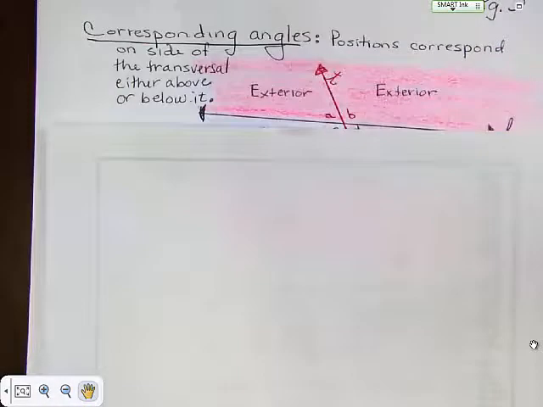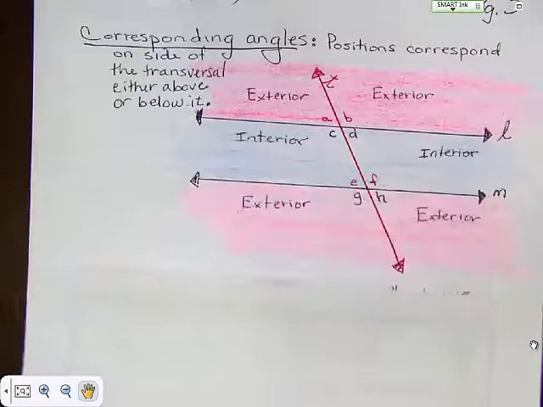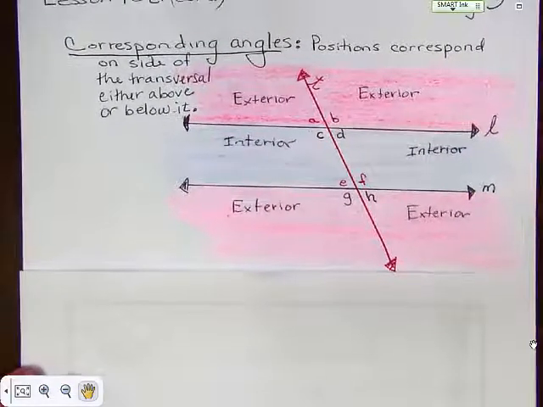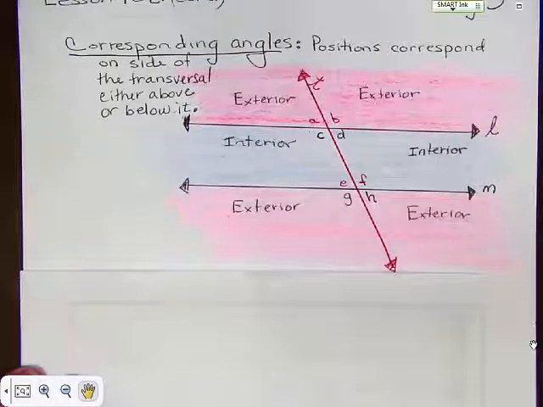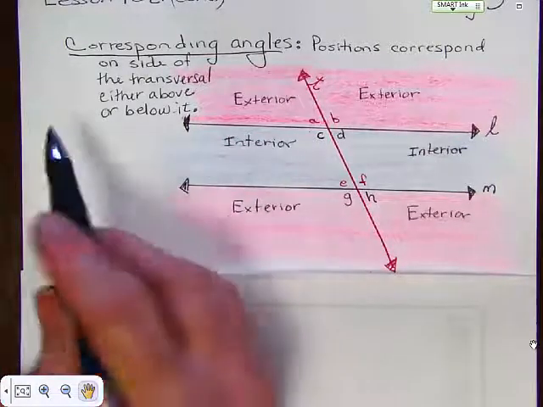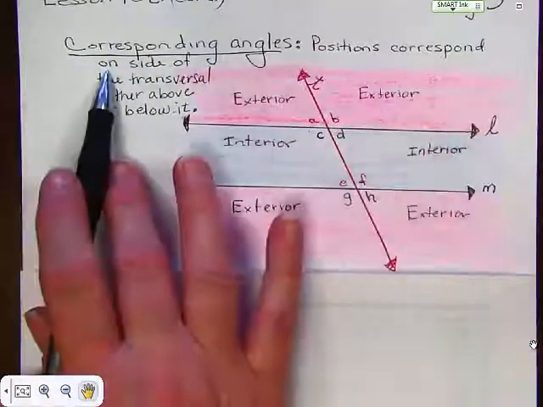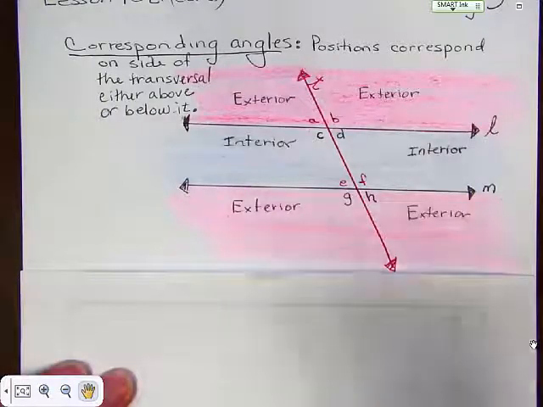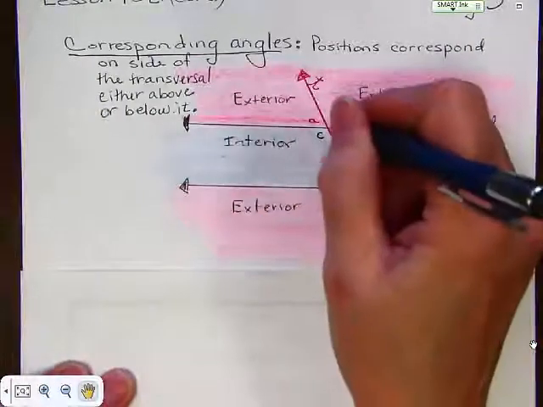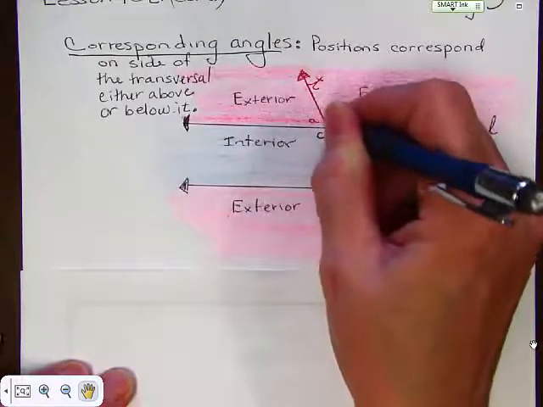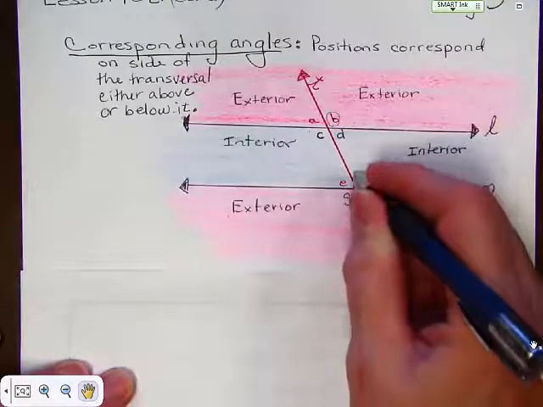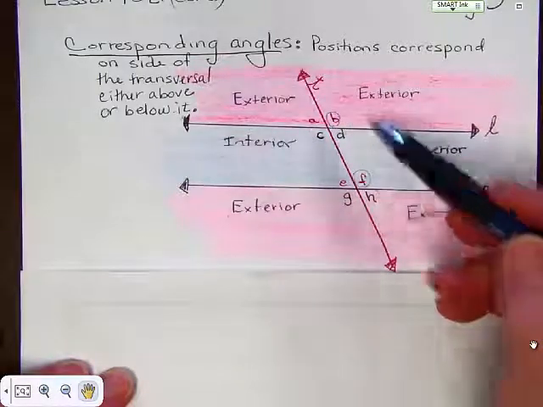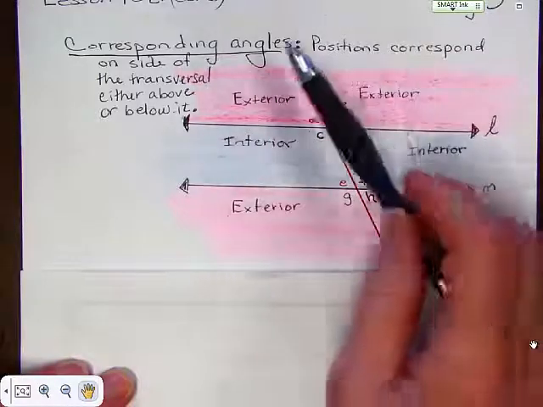Okay, now we need to talk about corresponding angles, and to do that, we have to draw yet another set of parallel lines and a transversal. Corresponding angles, their positions correspond on the side of the transversal, either above it or below it. Okay, so first we're going to talk about corresponding angles. Angle B and angle F are corresponding angles because they are both above the line and they're on the right side of